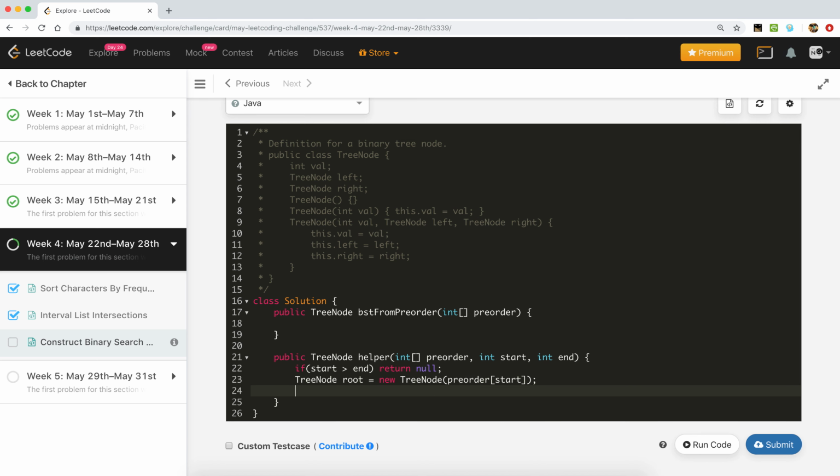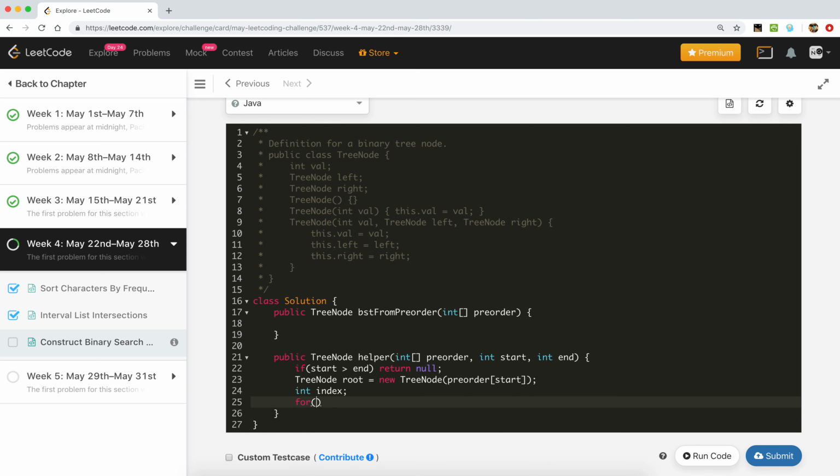After that we will check the index where the elements of the pre-order array belong to the left subtree, and where the elements belong to the right subtree. So let's find out the index.